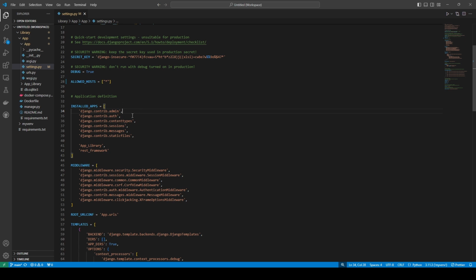So the next thing is to look into this part of your project, the INSTALLED_APPS. Make sure that all your apps are here. You can see REST framework. This is a REST framework project. So then another important thing is the